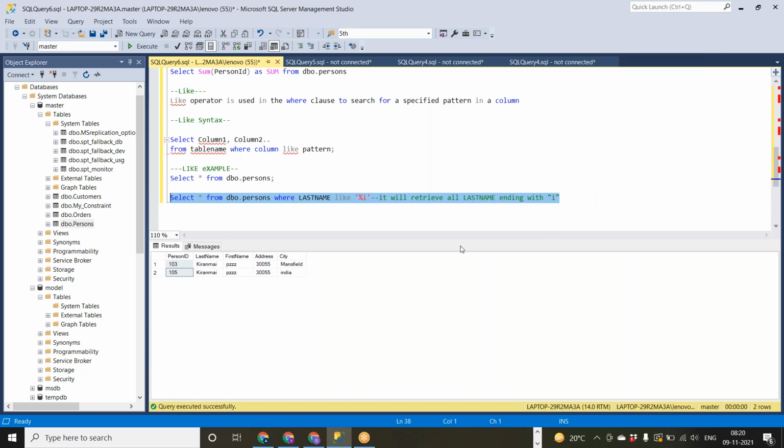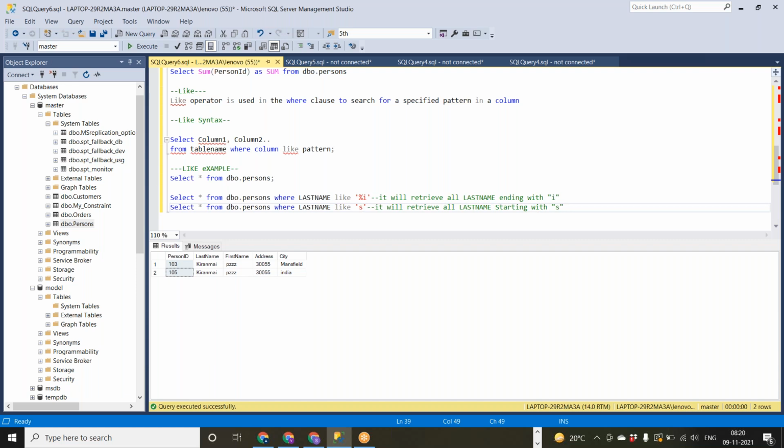In the same way, I want to give the first letters. I want to know all the last names which start with S. I'm saying it will start with S, and after that, whatever the data may be, I don't mind.